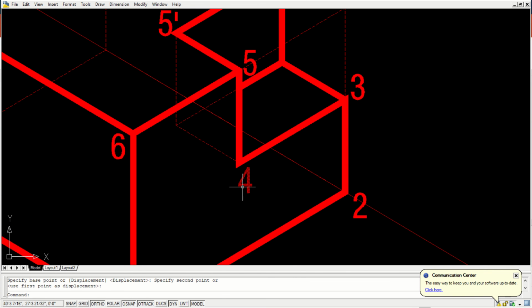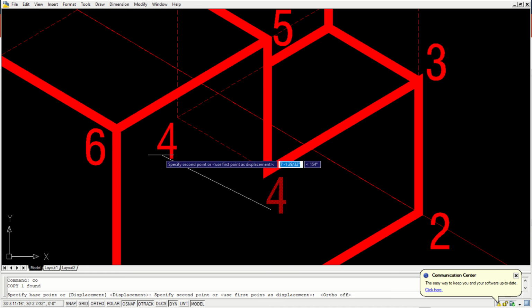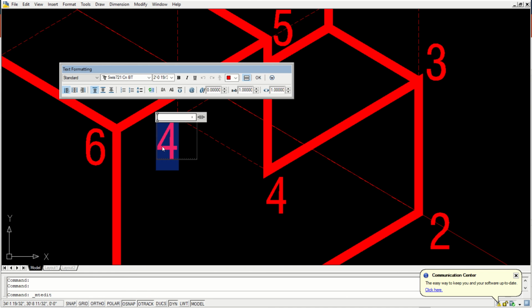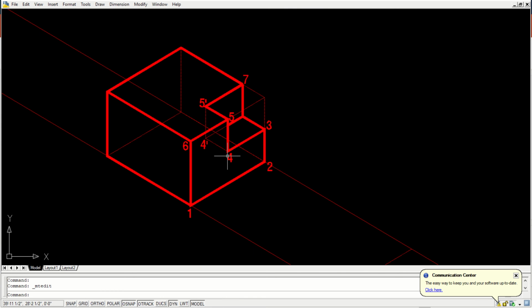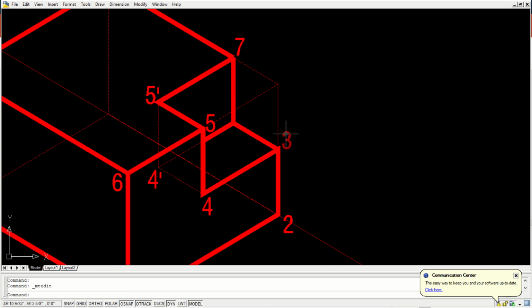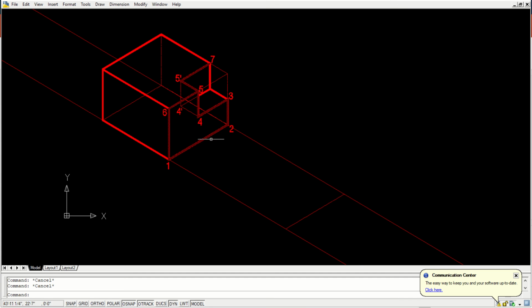Is it compulsory to do the numbering? No, not necessary, but if you are not able to understand, do the numbering. Once you do the numbering, you will not make mistakes. So those who are having difficulty in understanding, my suggestion is you can do numbering. It will be easy for you. I'm just drawing this parallel line here.